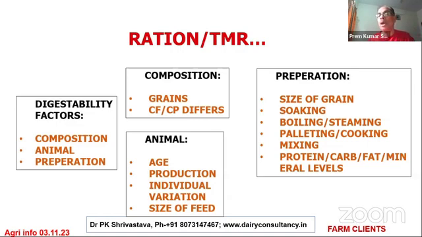Now come to the CP and this. Suppose the fiber is so hard, so thick. The crude fiber is very high, and the lignin part is very high. It is going directly to the dung. It is not going to be digested and absorbed, go to the blood, and be converted into milk. No. So you have to be very serious about the composition of the concentrates, not the roughage. Roughage digestibility, there is a whole warehouse given to the cow, and we will show you how it can manage with the roughage. The problem is only with the concentrates.